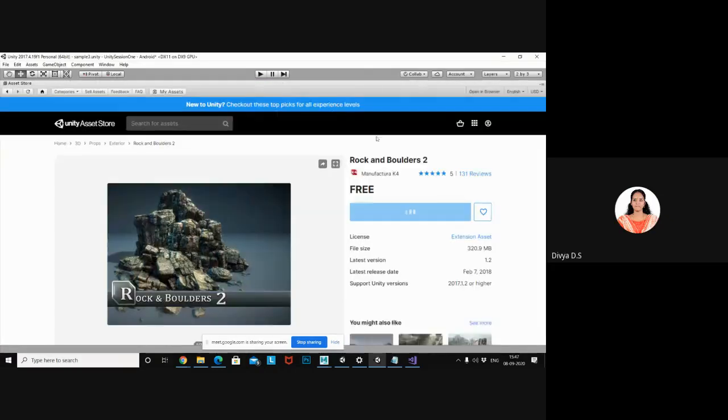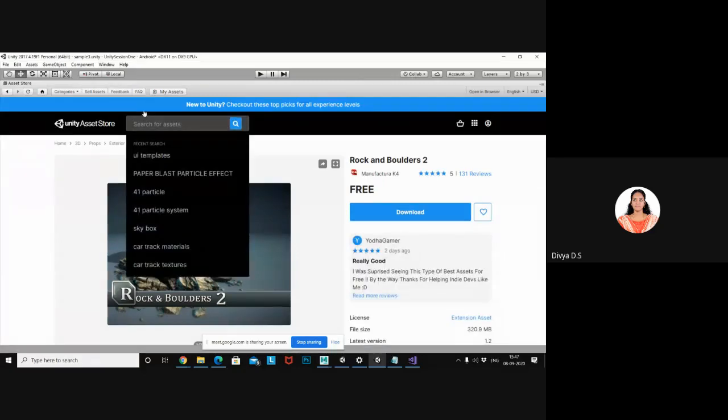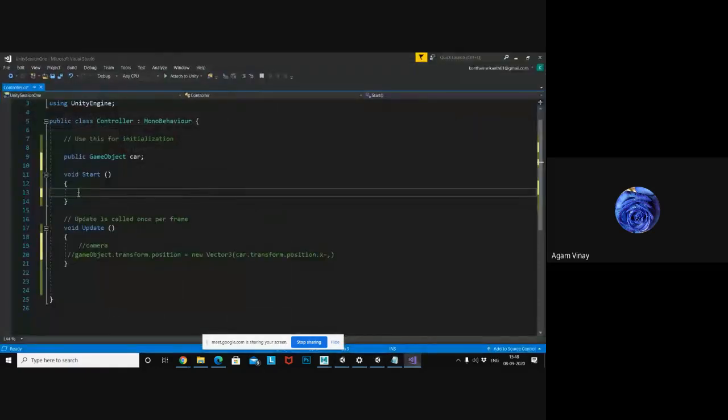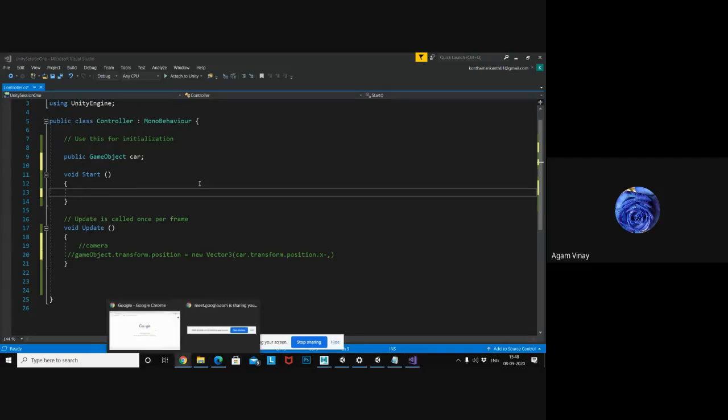Unreal is different from Unity. Unreal is a different game engine, and Unity is a different game engine. I think the day after tomorrow we are starting with Unreal. I think that interface is totally different. Here we are using some scripting, right? In Unreal Engine, you need not use any scripting. There is directly node-based programming. If you want to move any game object, you just need to get some box or node-based thing. I will show you what the scripting is like.